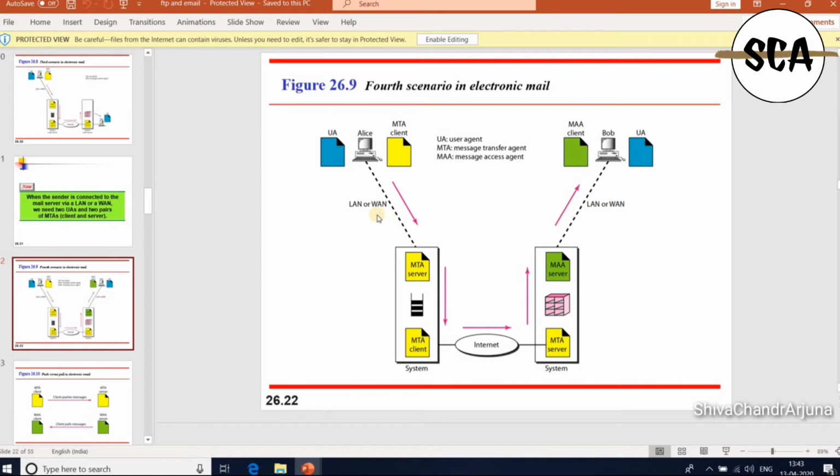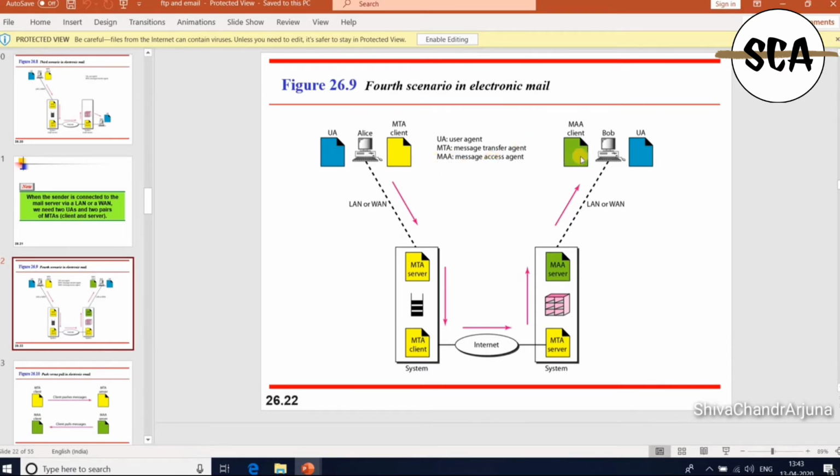We need another set of client server agents. Generally, we have been using only message transfer agents till now. Now we need another two client as well as server side agents, called MAAs, message access agents.